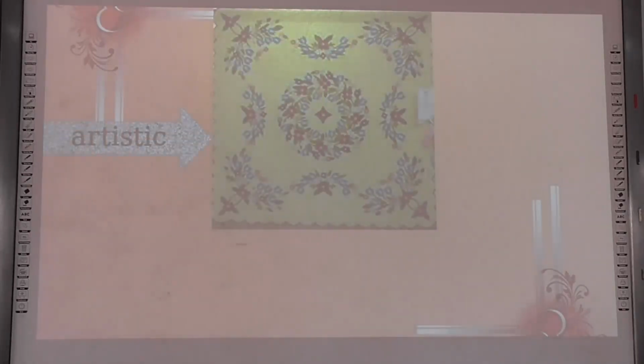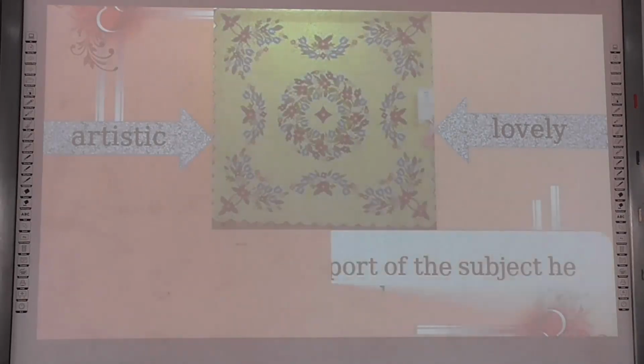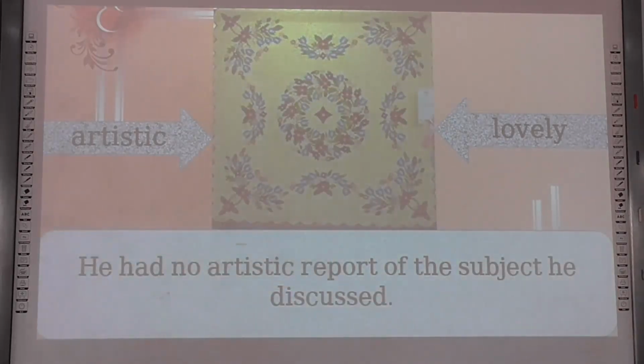Now, artistic, that means lovely, মানে চমৎকার বা আর্টিস্টিক বলতে আমরা আরেকটা বাংলা অর্থ বুঝি সেটা হচ্ছে শৈল্পিক। Now, we have used it in a sentence and let's see what is the sentence. He had no artistic report of the subject he discussed. সে যে বিষয়ে কথা বলছে তার সেই সম্পর্কে কোনো শৈল্পিক ধারণাই নেই বা সে যা কিছু জানে সে শিল্পসম্মতভাবে বা সুন্দর করে সেটা উপস্থাপন করতে পারছে না যে বিষয়ে সে কথা বলছে।